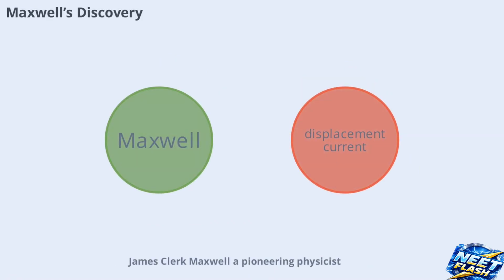James Clerk Maxwell, a pioneering physicist, realized that a changing magnetic field creates an electric field, and vice versa. This mutual relationship forms the basis of electromagnetic waves. Maxwell's equations unified electricity and magnetism, showing that not only electric currents but also time-varying electric fields generate magnetic fields. This insight resolved inconsistencies in Ampere's circuital law and led to the concept of displacement current, which is crucial for